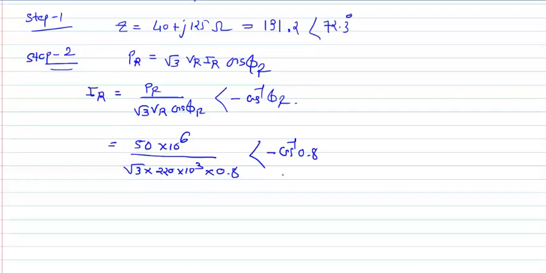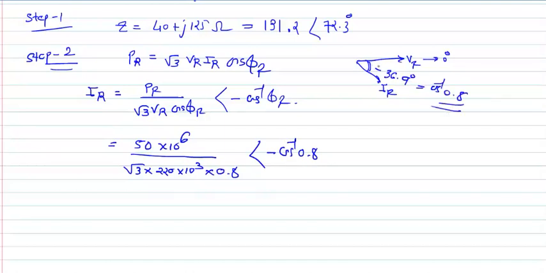I have the angle. So why have I considered it as a minus? Because we consider VR as a reference. This is our reference line, so the angle of VR is 0, and based on this angle I consider the current, that is my IR, and so this angle might be minus. So whatever the angle, that is 36.9 I think, if you do the cosine inverse of 0.8.